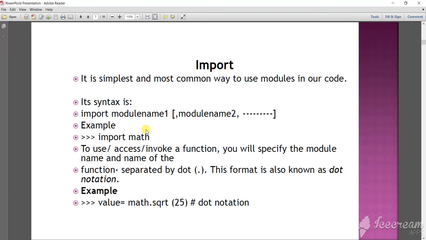The syntax is: import, then the module name. Example, suppose import